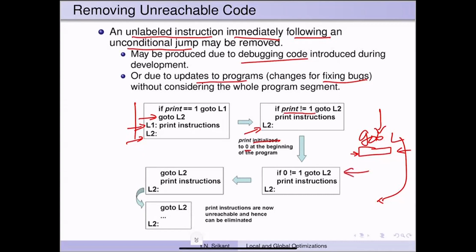So that changes to, if 0 not equal to 1, then go to L2, and then you have print instructions and L2. Now, this can be evaluated and it will become go to L2, because 0 is not equal to 1, followed by print instructions. Now the print instructions are unreachable, so we can remove them, right? So this is how the unreachable code gets introduced into programs, and they can be removed by a small window